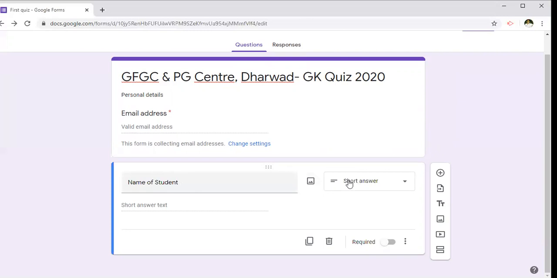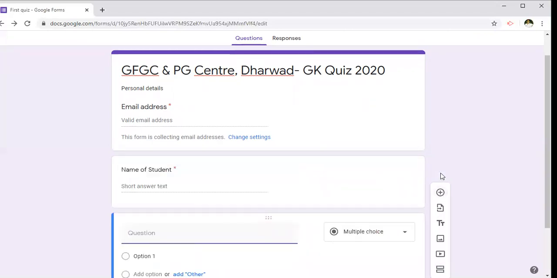So after entering the name, it automatically asks for short answer. So it is a short answer because name can be written in very short, and click on this required. Required means it makes it compulsory. So again, for next question, go and click on this plus button.